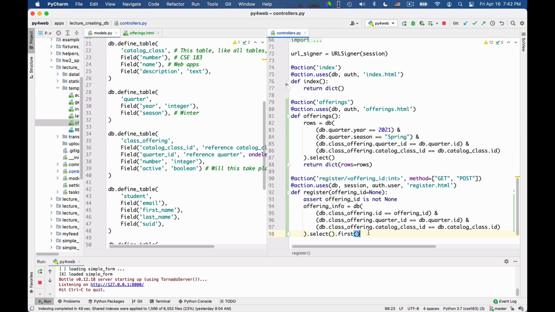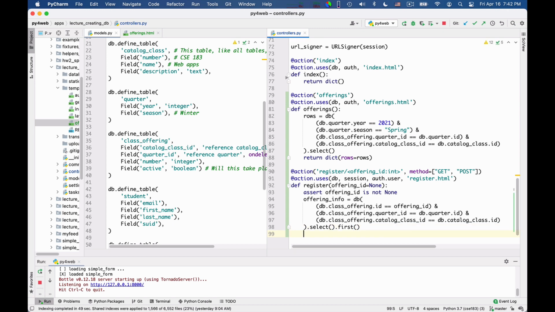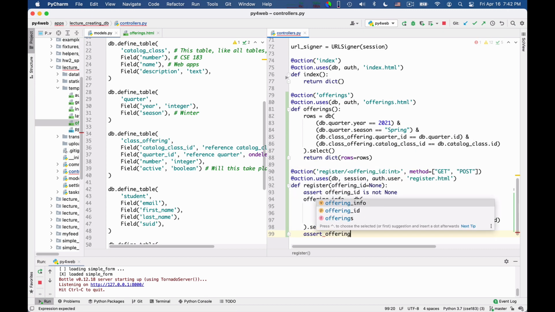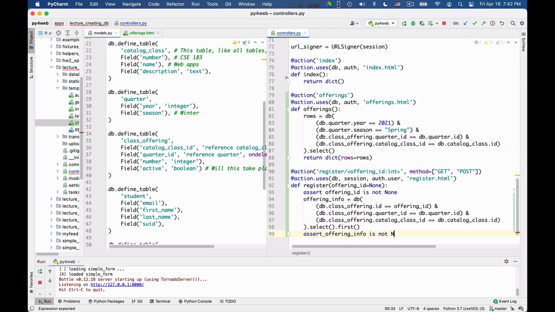Okay, and then I want to make sure that this information is not none, because I want the offering to actually exist. Otherwise, I think a server error will be fine to generate. So assert offering info is not none.